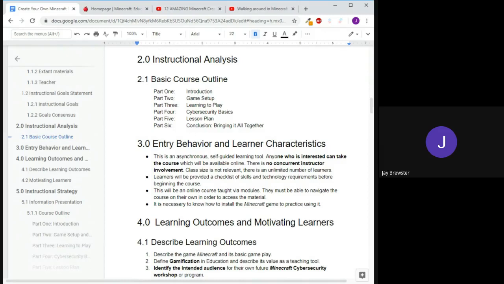The lessons that are taught in these workshops are very simple because of the audience they're intended for. So a deep understanding of cybersecurity is not really necessary to conduct one of these workshops. There's a sample lesson plan that was created by Chris Markman. And then at the conclusion, people bring it all together.